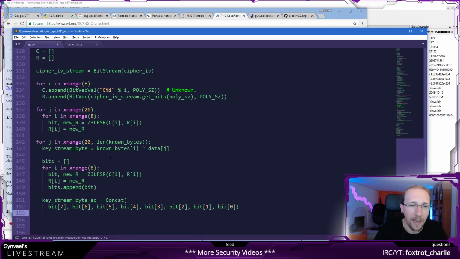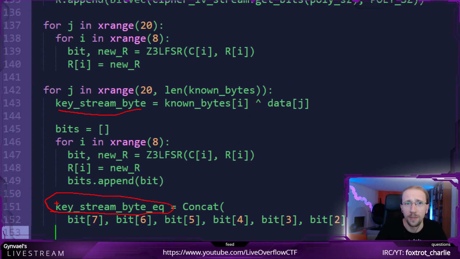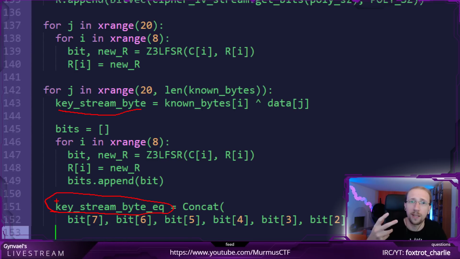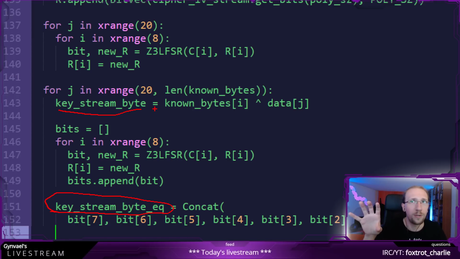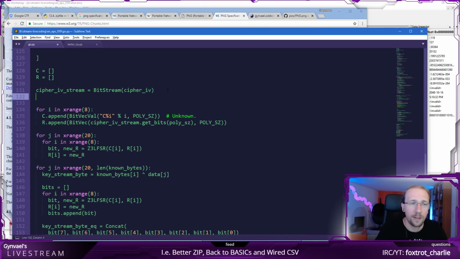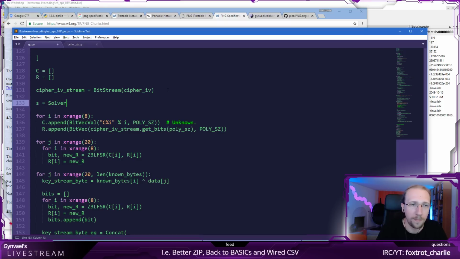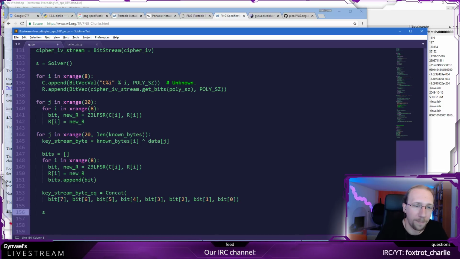And now I need to tell it that these two things, actually the known byte and the output of the equation, need to match. Because if they don't match, that means that I have the wrong polynomial. And this is basically the equation part: something which I know has to match something which I don't know, the unknown being the polynomial again. So to do that, I need to create a solver. So S is a solver. And I need to give it constraints, or actually the equations. It's actually more like constraints, but whatever.